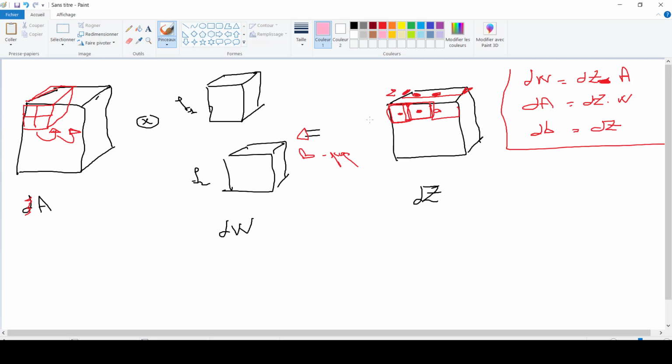Now for the DA, it's going to be the same thing here. Okay, so we have here the DA, it's going to be DZ times, or here the convolution of W. Okay, so here I have my DA, my DA that I'm going to fill, and here I have my W. So I have the values of W. I'm going to fill DA, and I have DZ. Okay, so as I did previously, I'm going to fill slice by slice. Okay, and then just do here the slice, and then just moving here, etc.